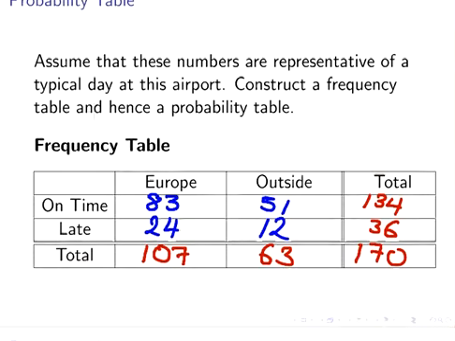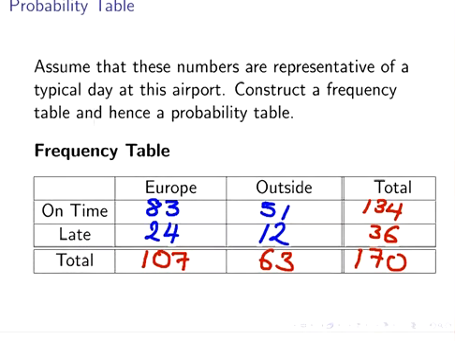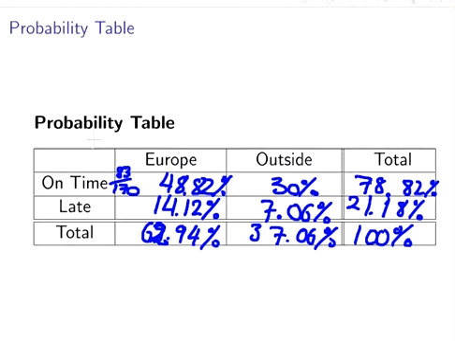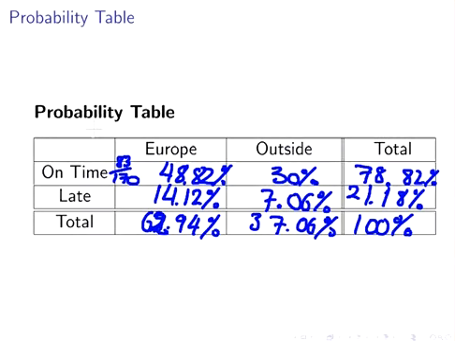I'll just scroll back to the frequency table. They are all these numbers divided by 170. So 12 divided by 170, expressed as a percentage, we get 7.06%, and so on. And that ends